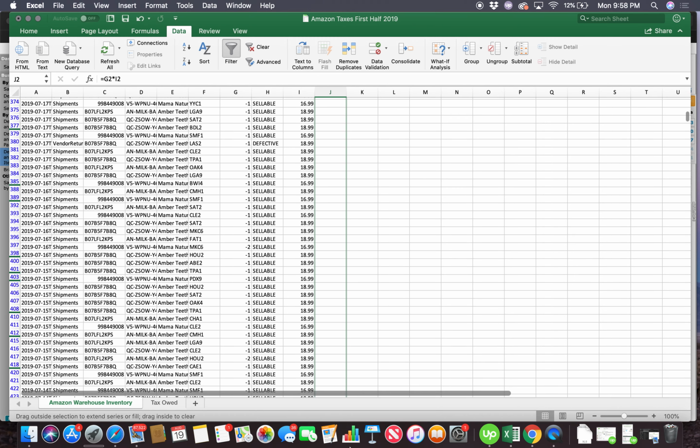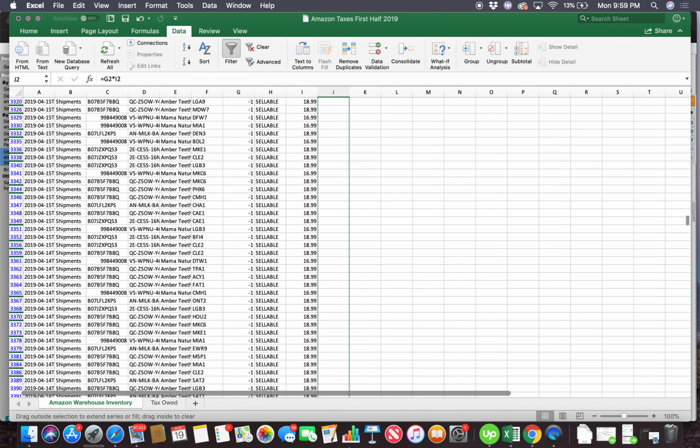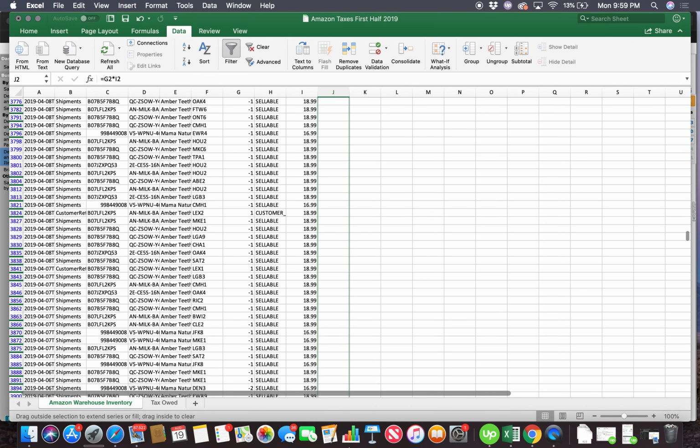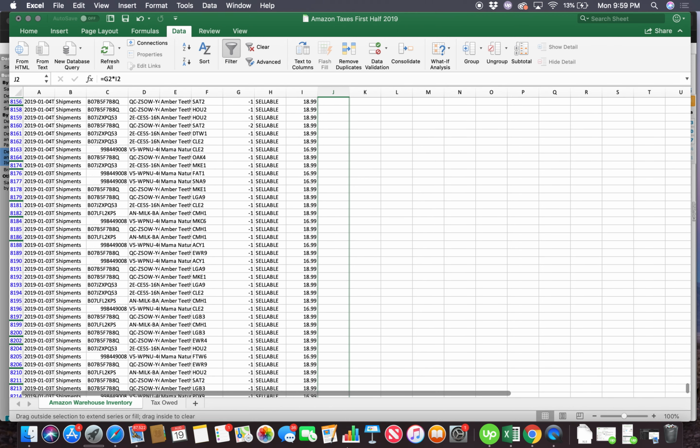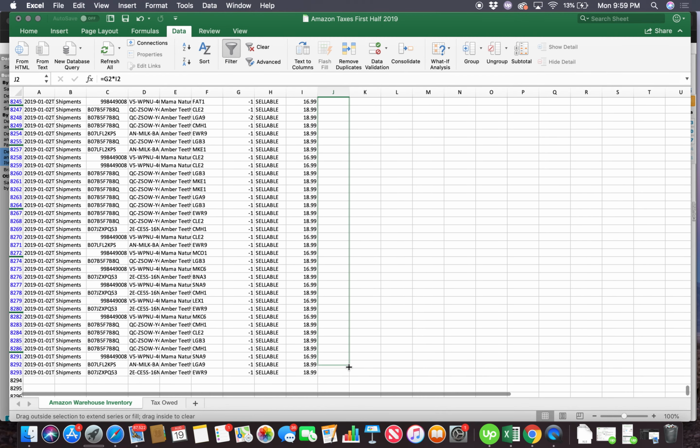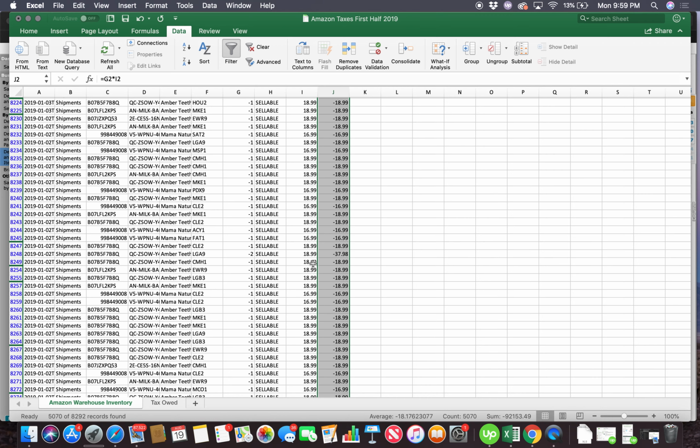This will take a minute to get down to the very bottom. And we're just about there. Oops. Let's go back up. So I don't know where the end of the sheet is. Oop, nope, nope. Let's go back down. Sometimes Excel can be fun. So now we've got our total price value in there as well too. So there's a good example right there. You sold two at $37.98 with the $18.99 doubled. Okay, if we scroll back up to the top,